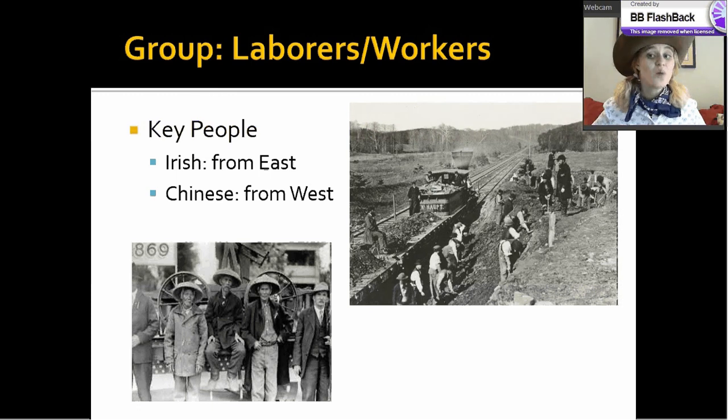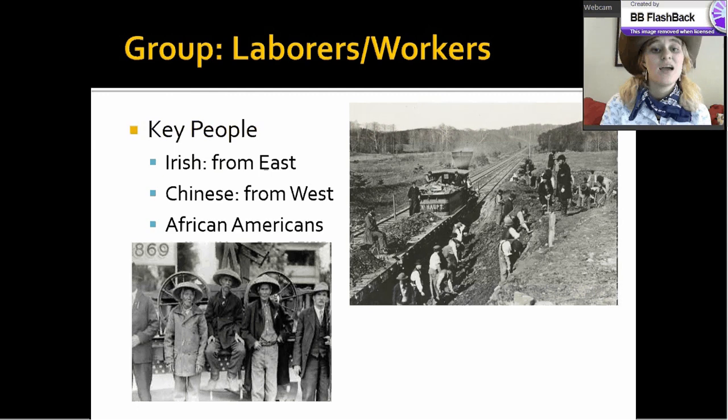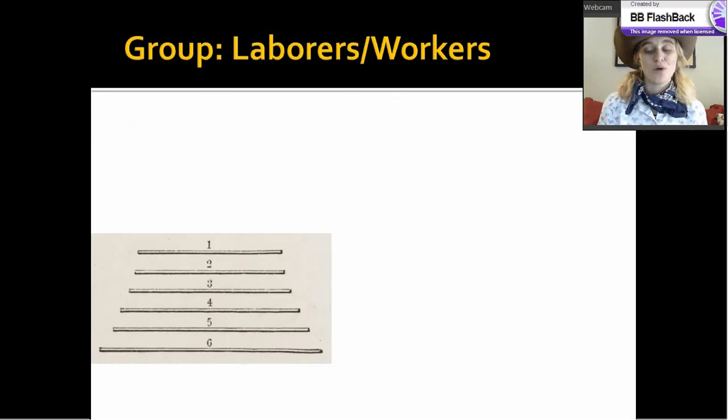Now, however, there is one group of Americans who were willing to take these jobs. A group of Americans who were pretty disenfranchised in the country and didn't have a lot of other options. I bet you can guess what I'm talking about. African Americans. So a lot of former slaves also go into work on the railroad, which leads to a lot of myths and stories about different men. You might have heard of John Henry as a folk hero. And that all comes from the work on the railroad.